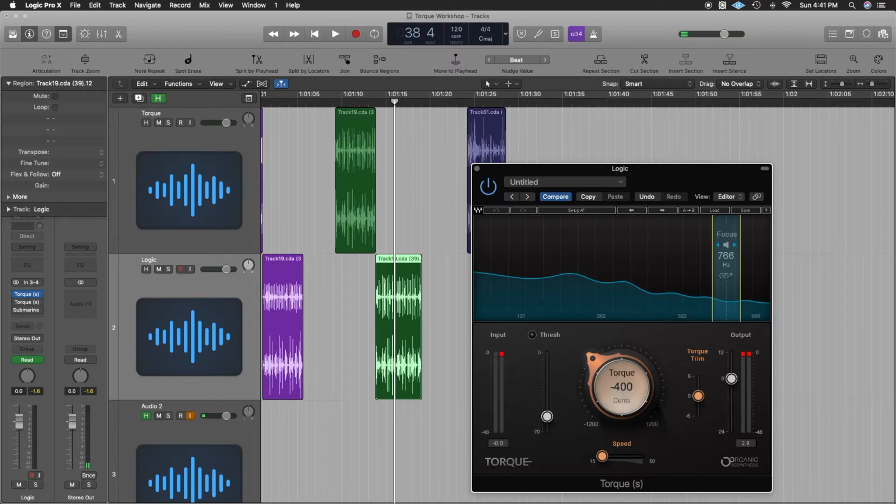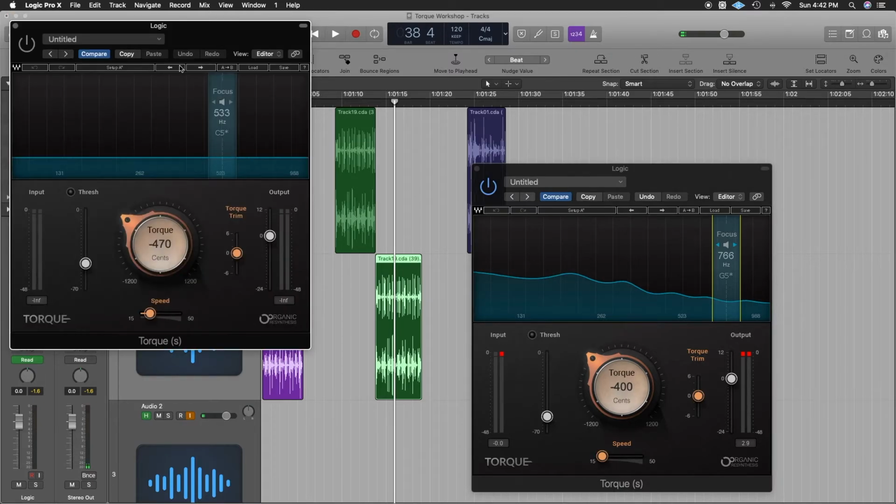Or in my case, I wanted to tune the percussions. So whatever frequency suits best, you can adjust with the focus frequency. So if you need, say, another focus frequency, or you need another torque, you can take another instance of Torque and select another focus frequency and be very creative. So like I have selected another Torque here,